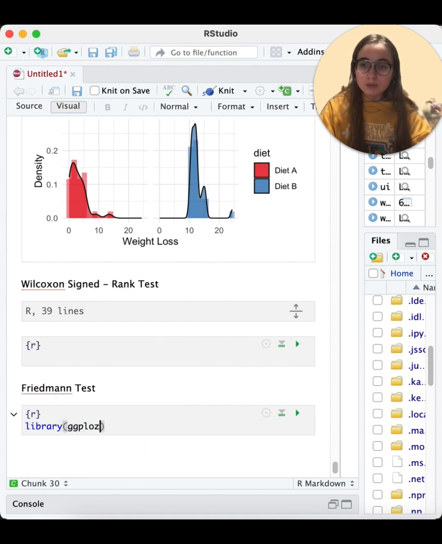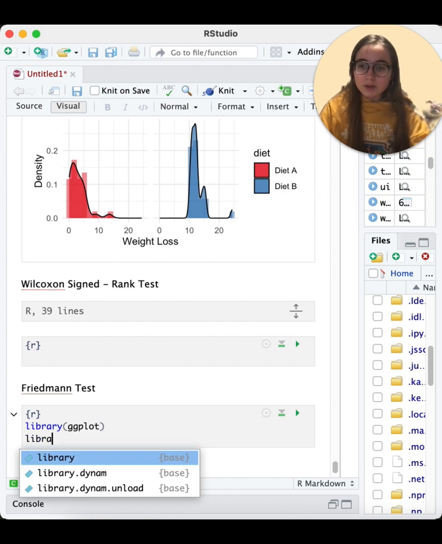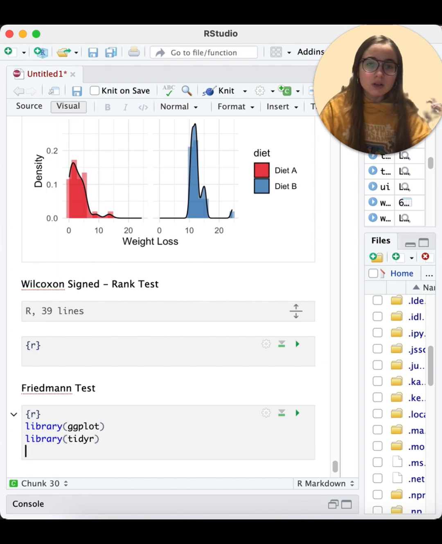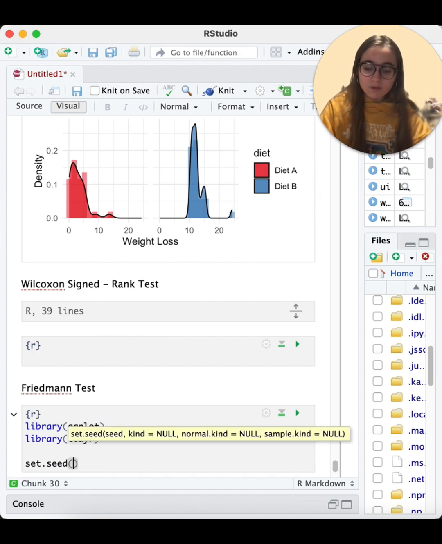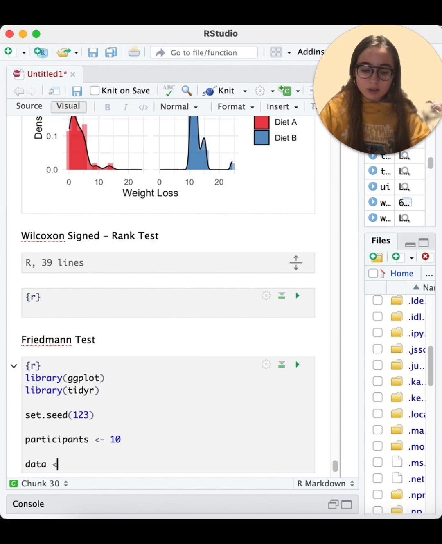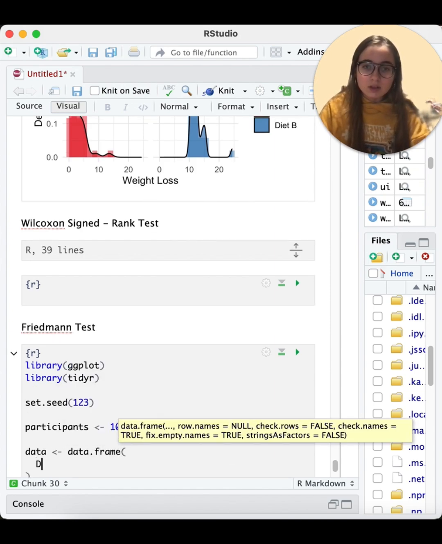ggplot, oops, okay, library, set.seed 1 2 3. Yeah, 10 participants. Is data.frame, diet A, rlab plus